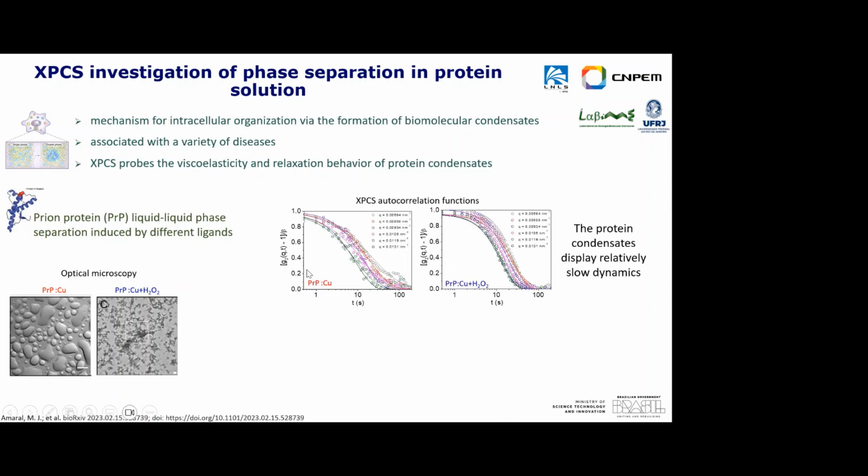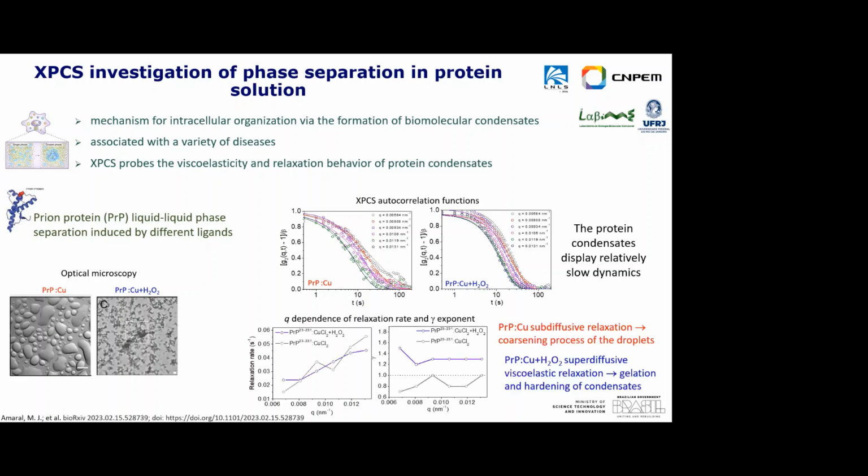What is interesting to observe is that you have different profiles; the correlation curve profiles depend on copper or copper peroxide. In both cases, it is slow dynamics. Analyzing the evolution of the relaxation rate with Q and also the gamma exponent with Q, we can observe we have different relaxation processes in the systems. When we have only copper, we have a subdiffusive relaxation that is related more to the coarsening of these droplets, because these droplets form, and as time goes on, they start to fuse. So we have this coarsening of the droplets, and adding peroxide, we have